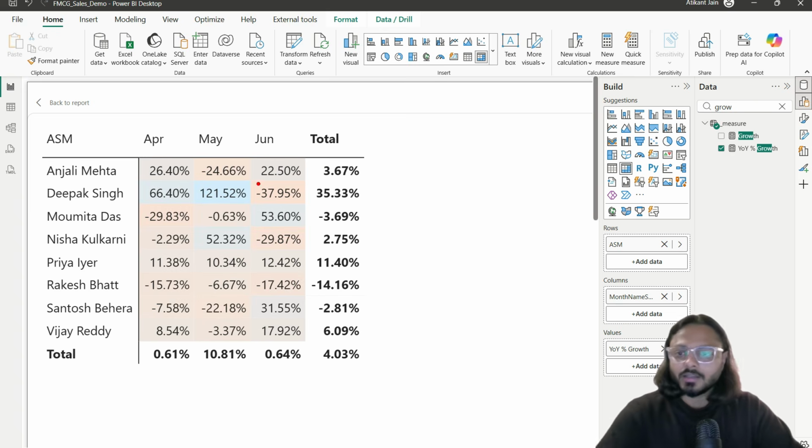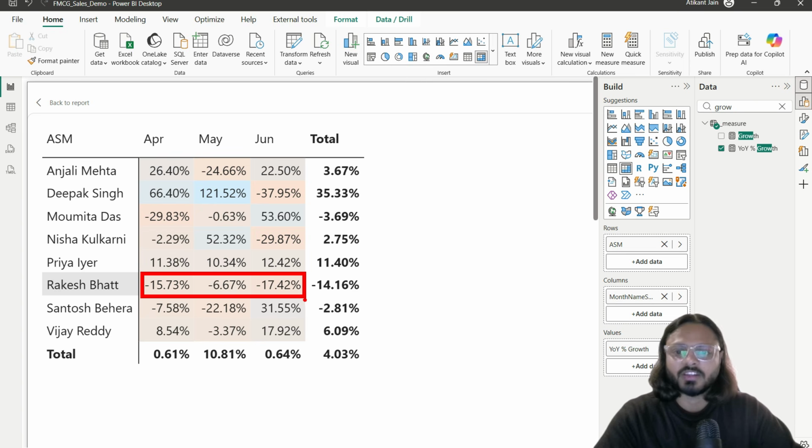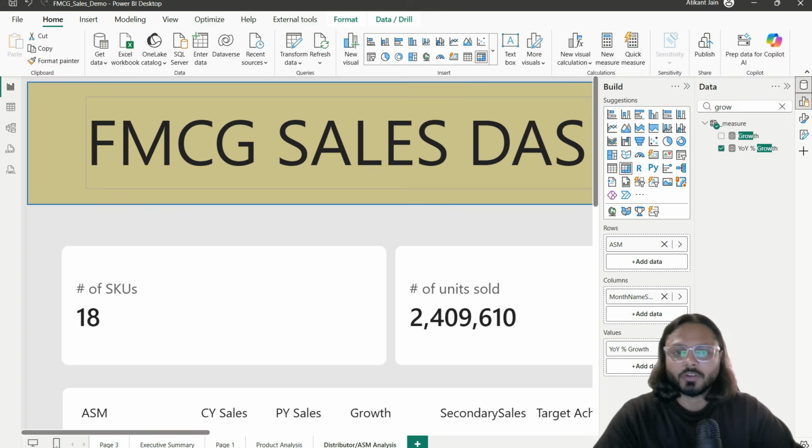So here you will see, okay, Deepak Singh, there was a good growth here, very good. But generally, who is degrowing? Generally, Rakesh Bhatt, he has degrown in every 3 months. Santosh has degrown in 2 months, but a good comeback, right? So you can see month-wise growth, degrowth, and if you remove the